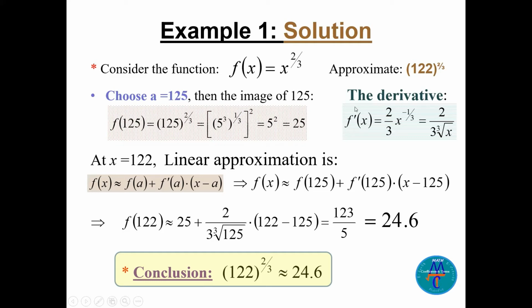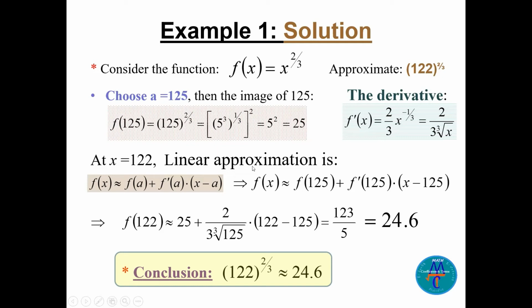We also need the derivative of this function. So directly here on the right side, we can find f'(x) using the power rule: bring 2/3 down, x to the power 2/3 minus 1. So it will be x to the power −1/3. So we can write it as 2 over 3 times the cube root of x. Now, at x equals